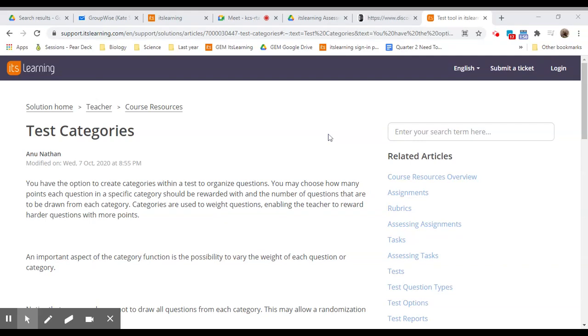You might choose to use test categories in your It's Learning assessment, but it is completely optional. This webpage goes over how to set up test categories for your test and why you might use them. The reason you might use test categories is if you want to make a large question bank of questions and